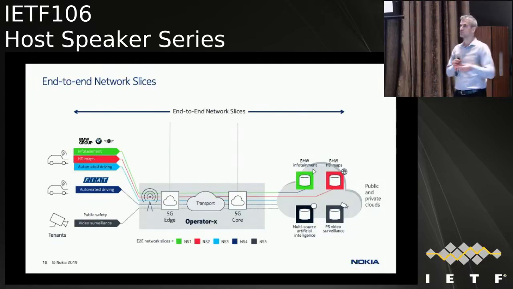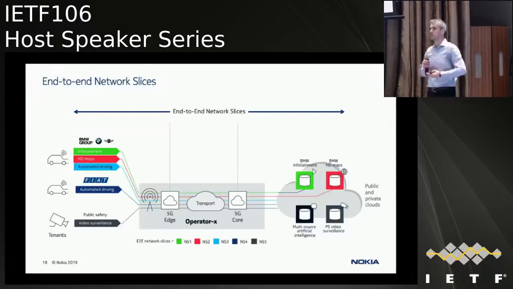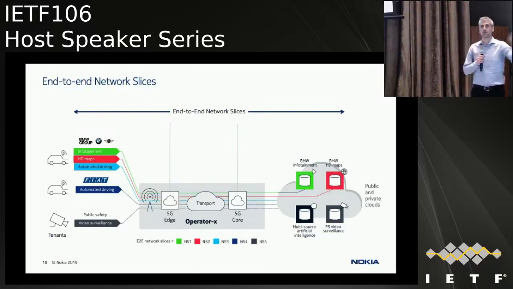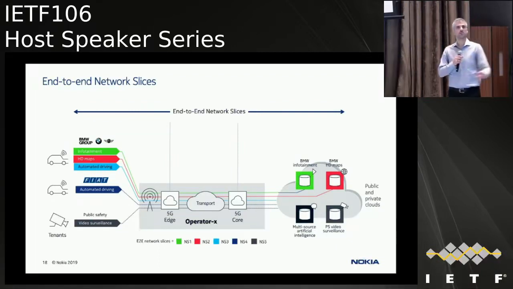And this is very important when we talk about the end-to-end context. On the left side could be your handset, your IoT devices, your infotainment in the car, or your gaming console. And on the right side is the application that serves them. To create each of these end-to-end network slices,